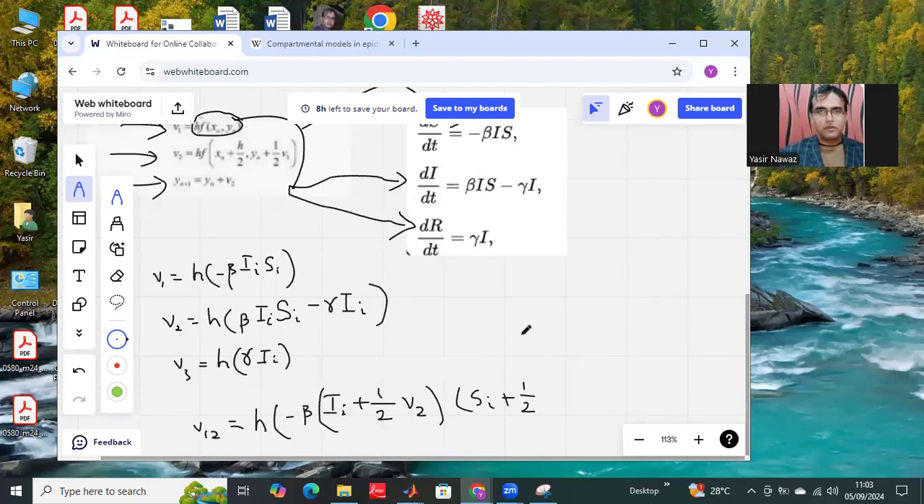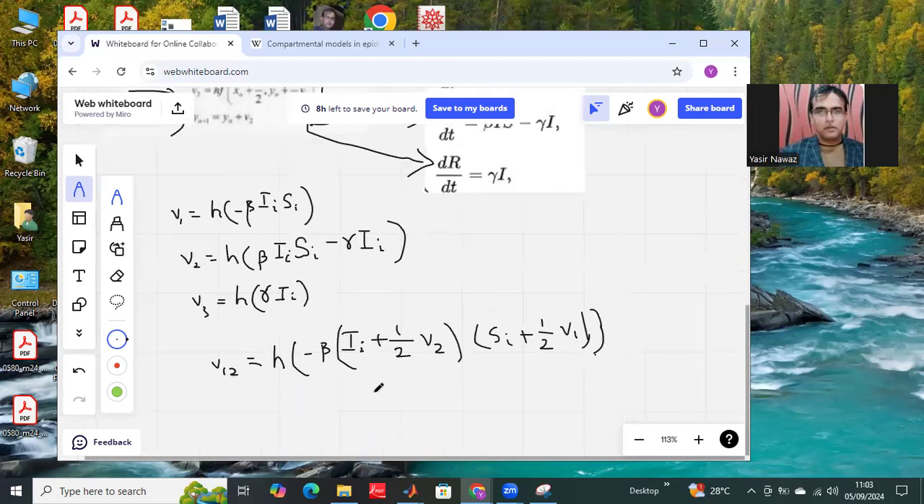Now I will use the component for S_i. This is the first component, so V1, the previous component for susceptible, which is V1. So I'm using V1 here. And then, what about